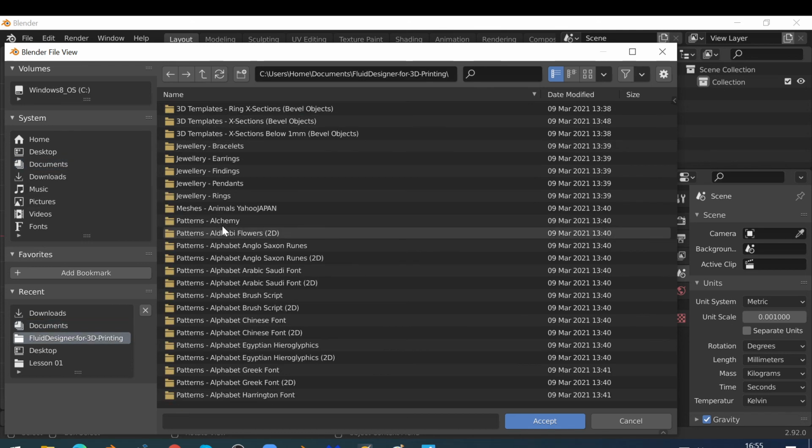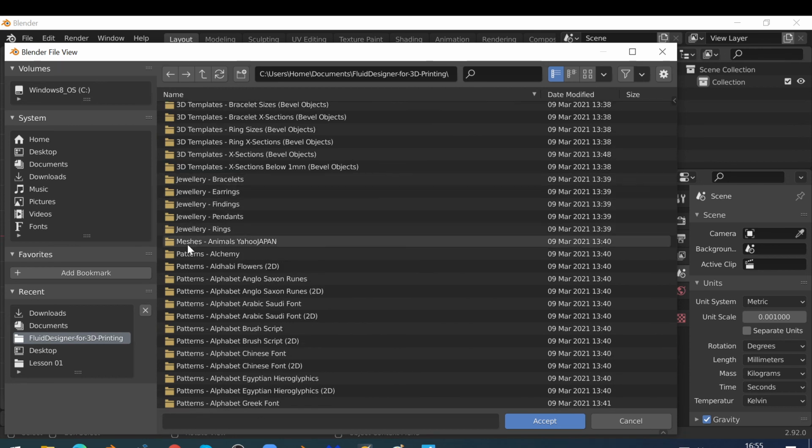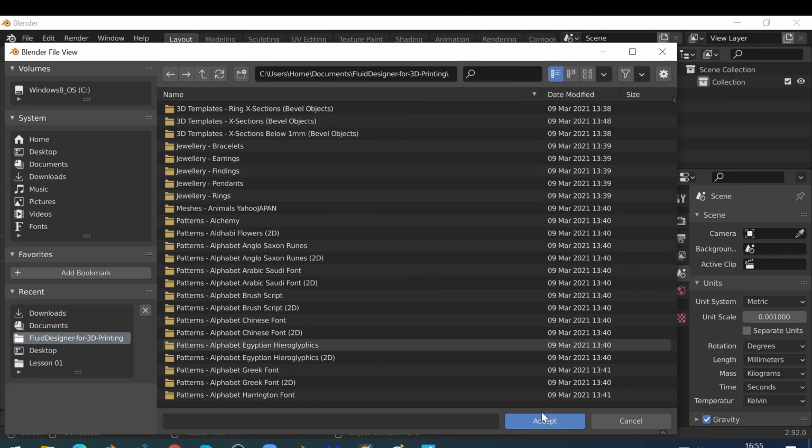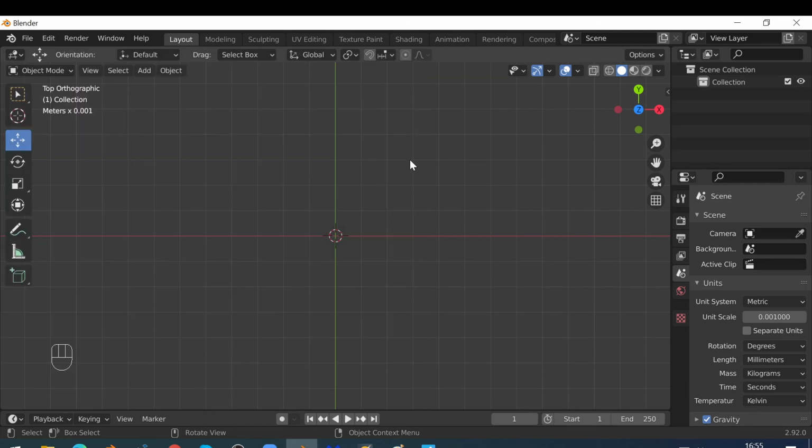So you should then get all of these patterns, and you should get these jewelry folders and just one mesh folder and some templates. What you need to do is accept that. So we're creating a link here between Dualcraft and the Fluid Designer assets. Once you've done that, you can close down the Blender Preferences panel. Now what we need to do is see what we've done here. Well, if I hit the N key on the keyboard,